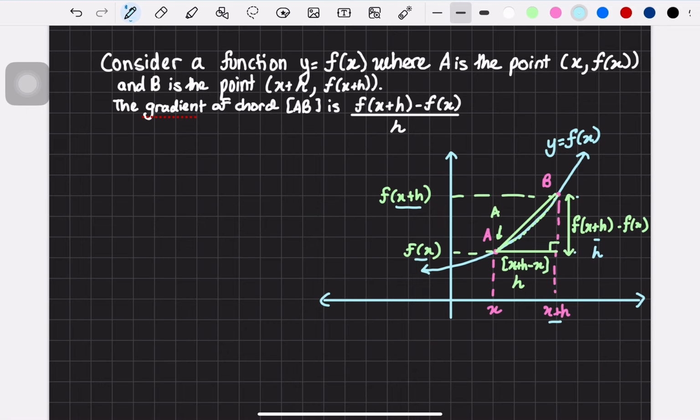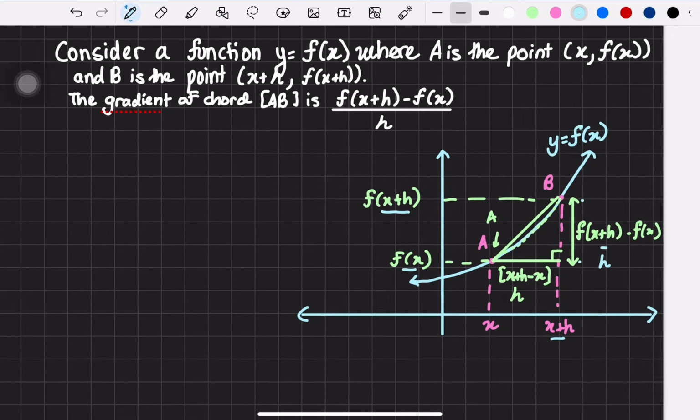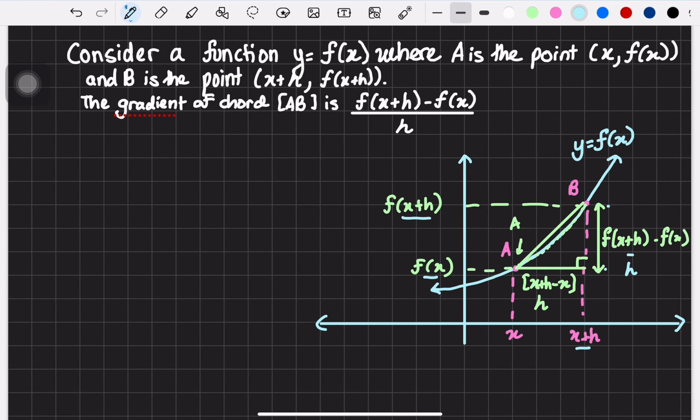But today we're going to be focusing on first principles. Basically, first principles is finding the derivative of a function using the traditional method that was used in the 16th, 17th century. We're going to be exploring how that works, because that's a really key concept in SAYS and I guess a bit in NCA. So, first of all, consider a function y equals f of x, where a is a